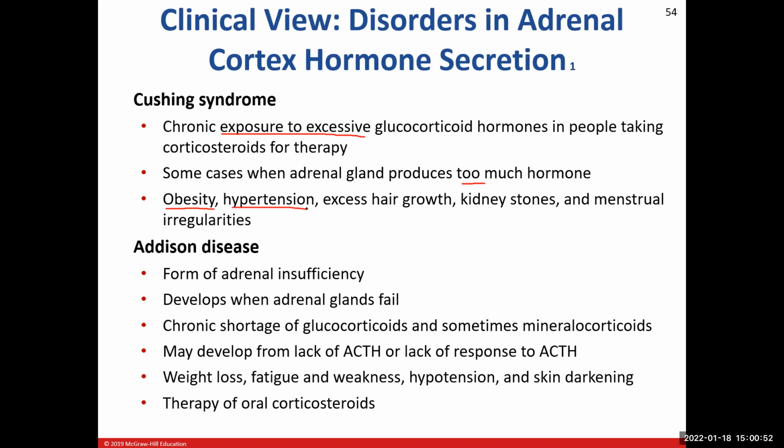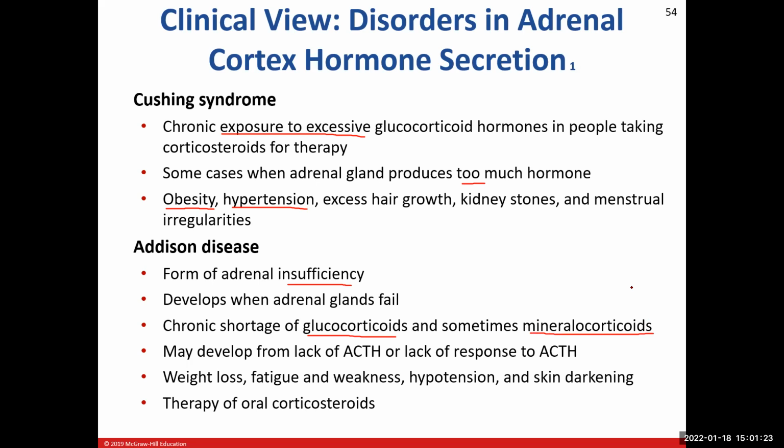Now with Addison's disease, we're going to see an insufficiency going on. So usually the adrenal glands will stop working. And so with this situation, we're going to see a decrease in the glucocorticoids in our middle layer there, the fasciculata. And then with some of our mineralocorticoids there in the glomerulosa, we'll start to see